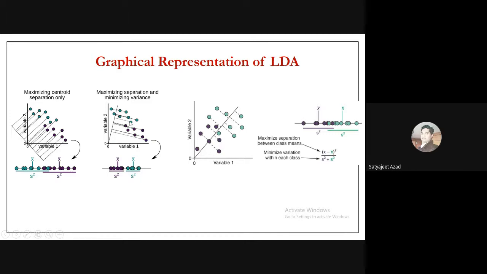Now we are trying to put this line like this. This line is now here in this case, and then we will capture it like this. So LDA normally comes up with new projections every time. This is an iterative method. Every time it iterates and gives you some optimized value so that you maximize the separation between the class means and minimize the variation within the class labels. This is the whole game of LDA. If you have some new or unseen data, this is how you put a label to that class. So this is how LDA works.